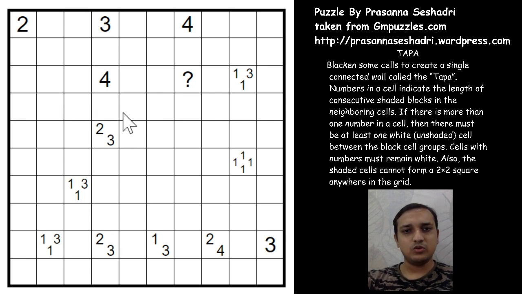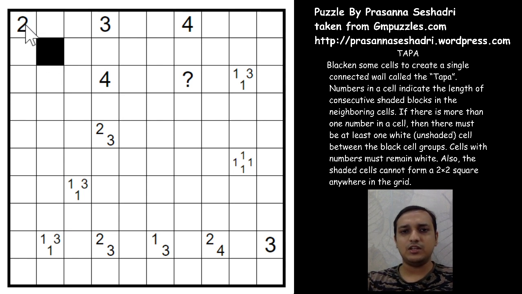Right? So before going to the puzzle, let us see some patterns that will help us to solve the puzzle. If you see a 2 at the corner, you can be sure that the cell in between, the middle cell, will always be black. So if you shade these 2 cells or these 2 cells, this cell is for sure black.